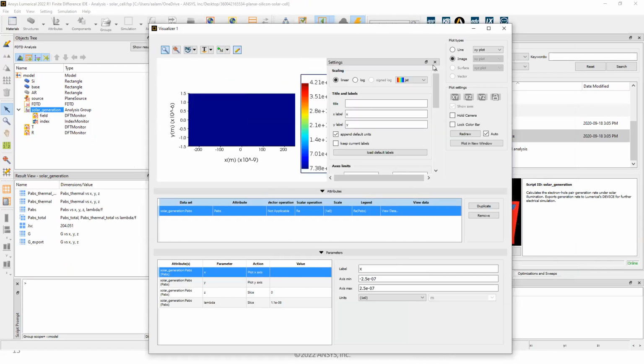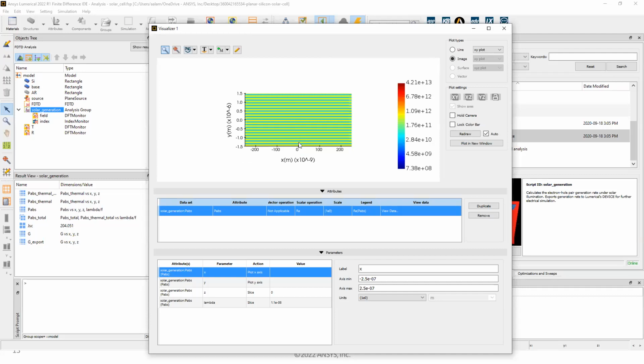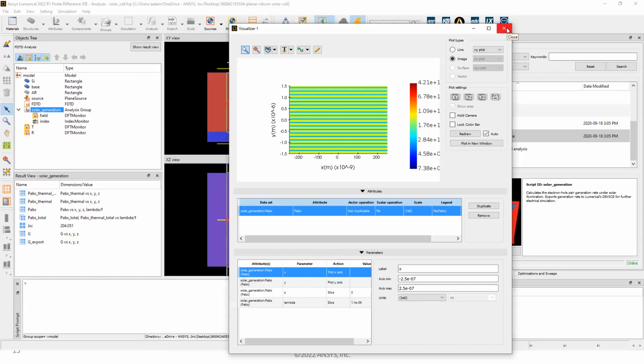Now you can see this is the optical power that is getting absorbed inside the silicon layer. Again, you can see those interference patterns, so you can see highs and lows in our absorption. But this gives us how much light is getting absorbed in this area, because we are doing a 2D simulation, or rather in this volume. This information can be used to figure out the optical generation rate.